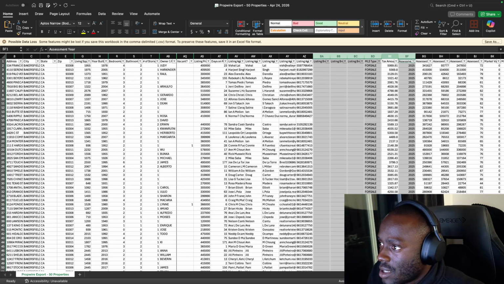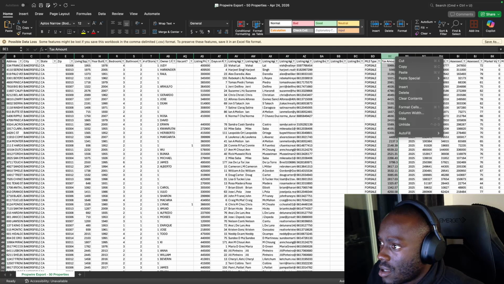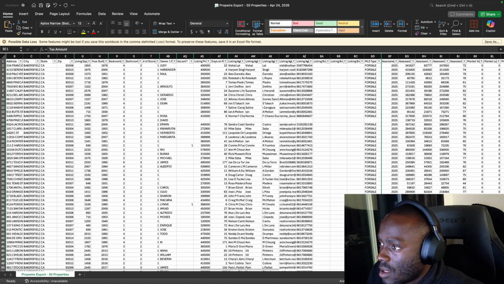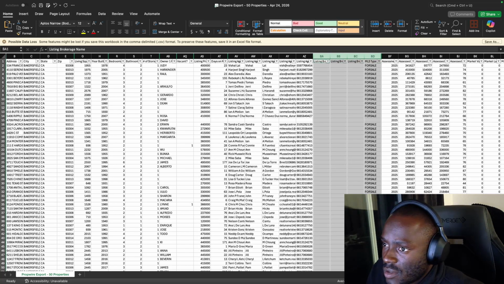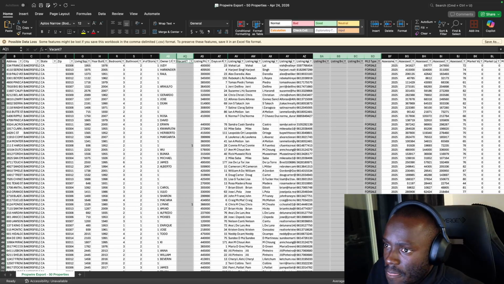We don't need the assessment or the tax amount, by the way. So we want to hide that. We only want, we know it's for sale. We don't need these. If it's vacant, we already know that it's vacant.